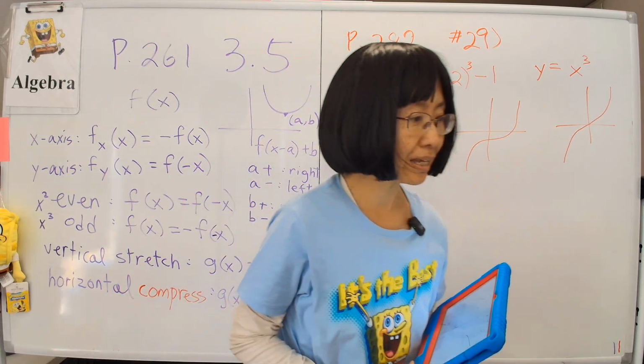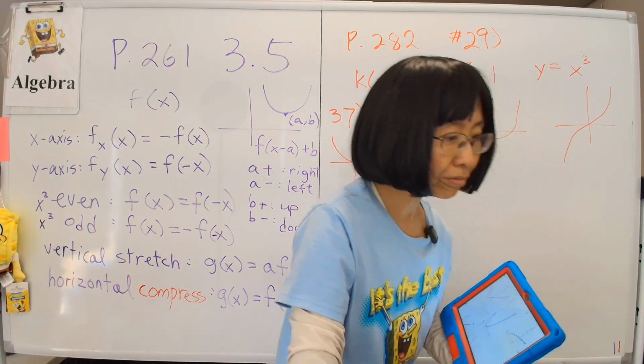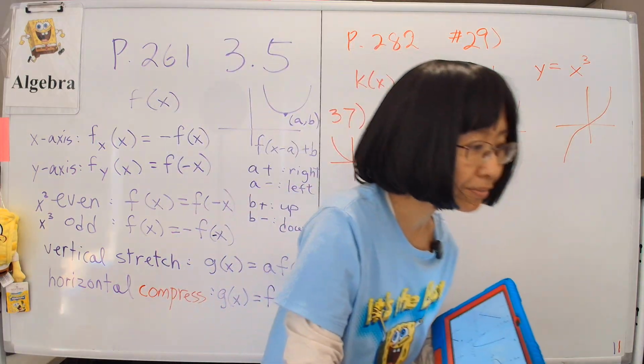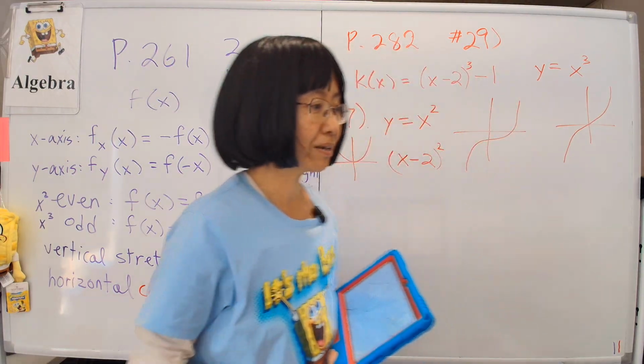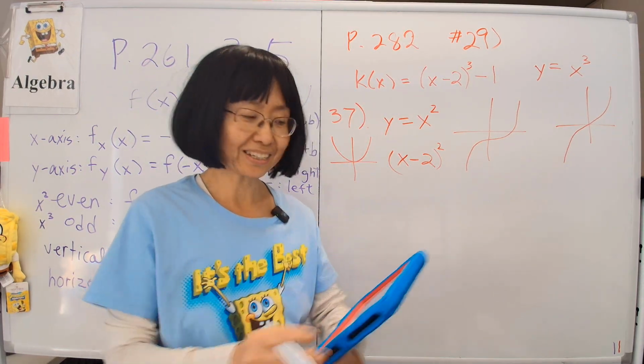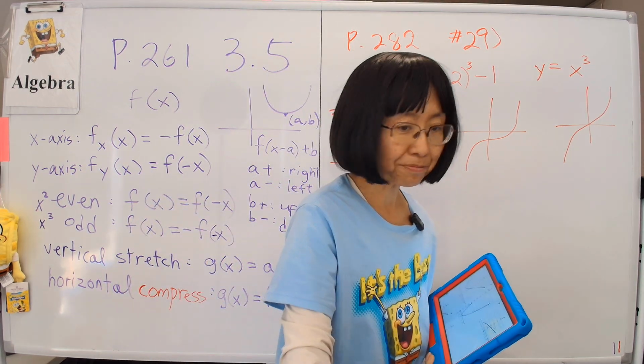So let's look at the answer. This is 37. Okay, 37, yep. f of x equal to (x minus 2) squared. That is the correct answer. So